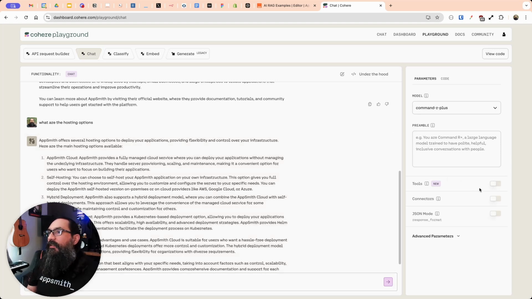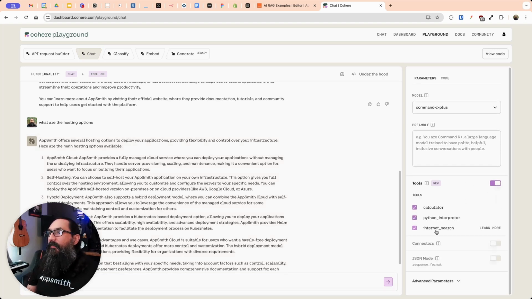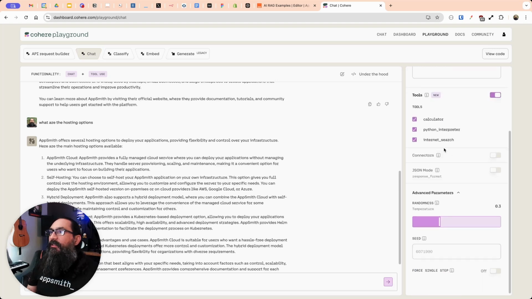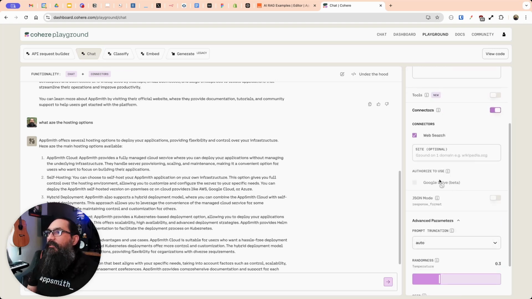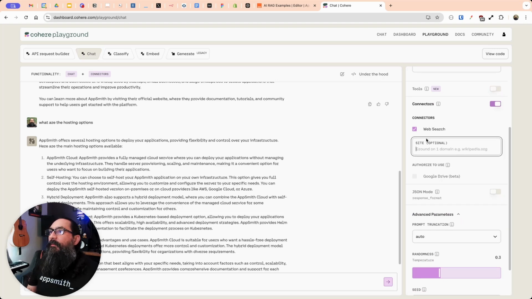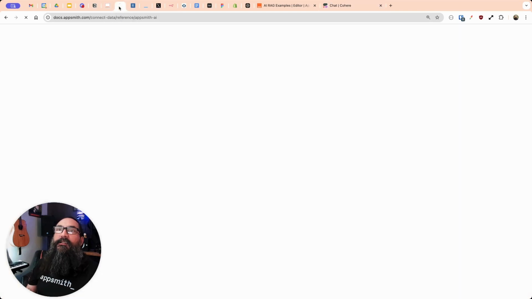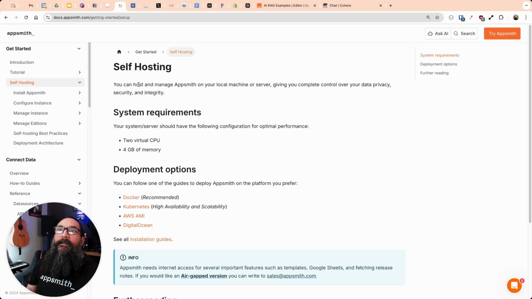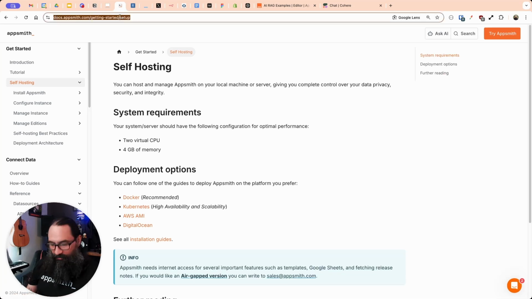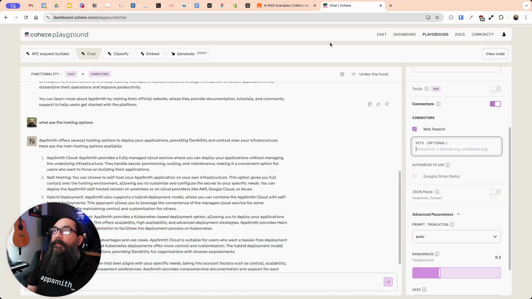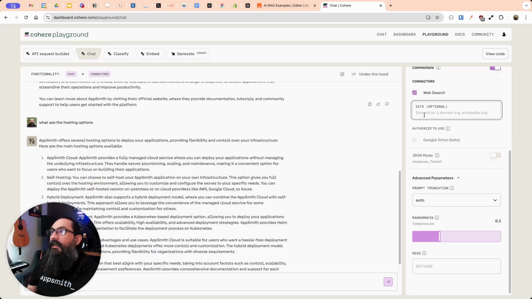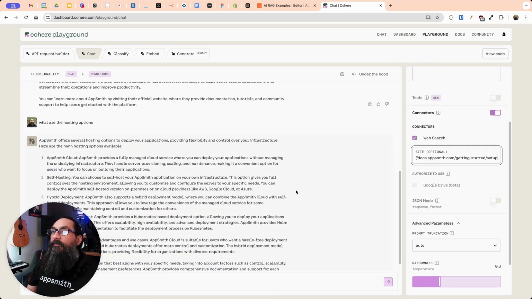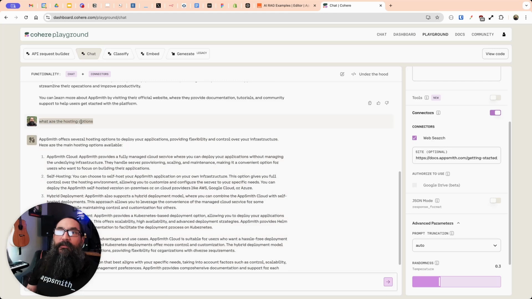And so if you turn on the tools here, there's the internet search option, and you can also actually ground it to a specific URL. I think that is in the connector here. Yeah, so there's the web search and then grounding for a specific URL. And so I'm going to take our docs and go to the self-hosting section here. I think this should work. So we'll grab this page URL. And this time we want to ground the responses to only this URL. And so if I ask that same question again,